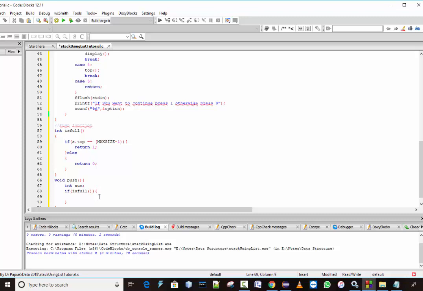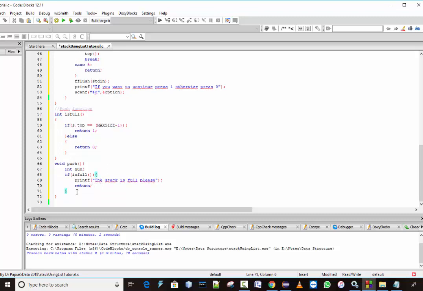then the printf the stack is full, please. Then from there I will return ndahita mpagararira aho ngaho. Also rero bishatse kuvuga yuko it is not full. Then from there I can have something else. Then I will tell to the guy printf